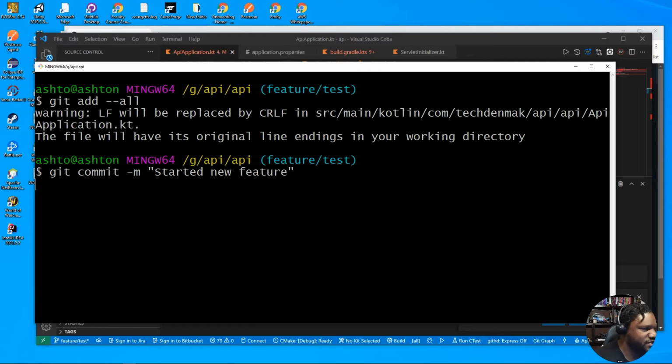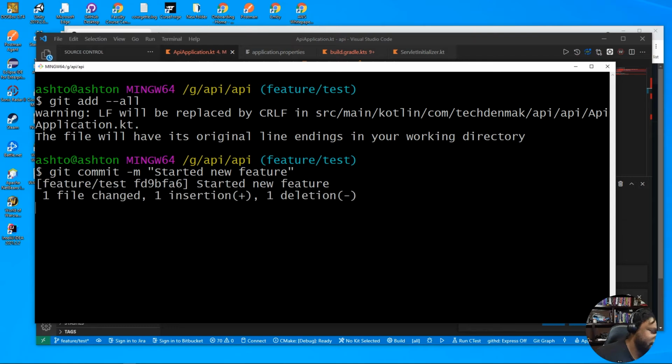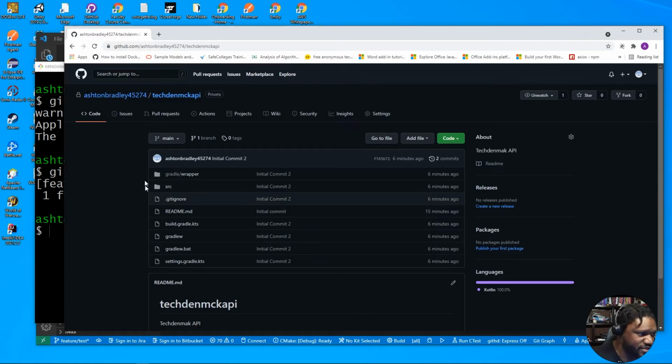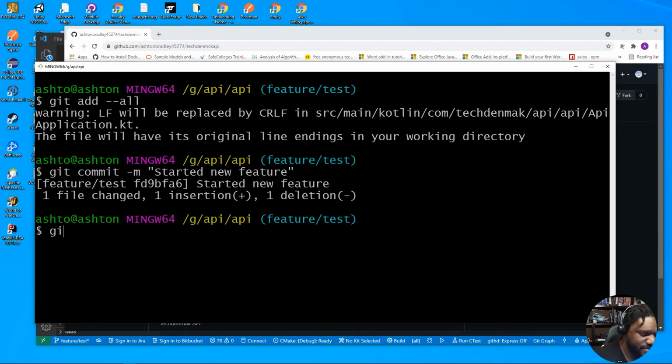Started new feature. And so watch this. When I try to do my git push, it's going to give me a message because this branch is not remotely. It's not upstream. What I mean by upstream is it's not in the past, the platform as a service, which is this right here. So what I'm going to do is I'm going to do a git